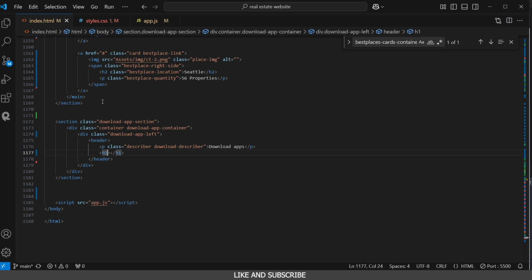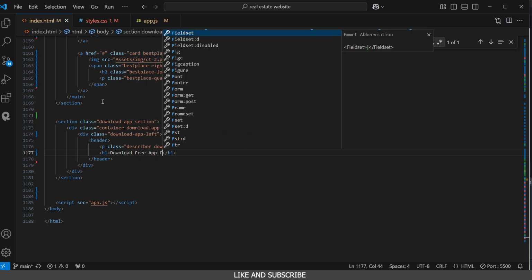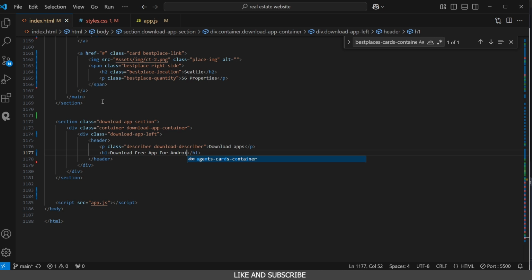That is the tag that has the text that says download free app for Android, and this is going to be lowercase, and iPhone. Let's change this to lowercase, and we're going to give it a class, and the class here is going to be download app head text. Change this to lowercase, and next we need another p tag